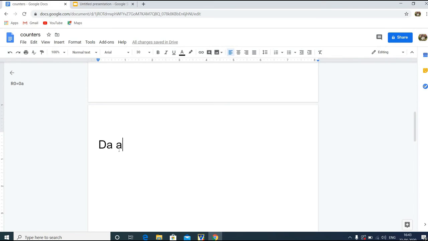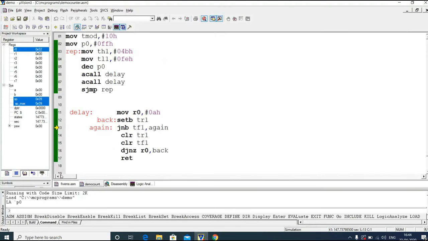Okay, decimal adjust after addition. But this instruction will work only with the accumulator. Okay, so we'll see that program now.